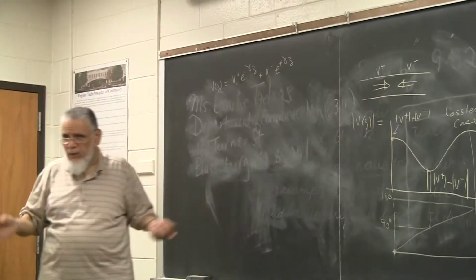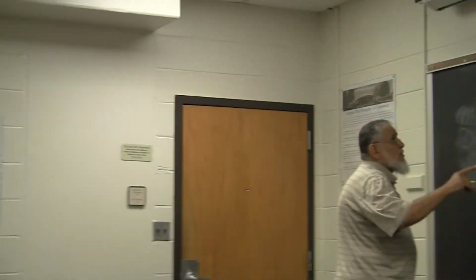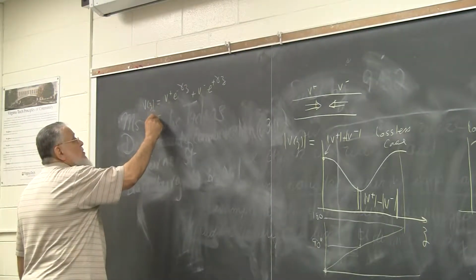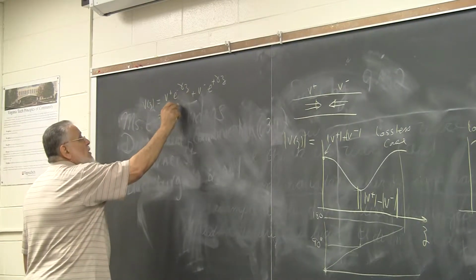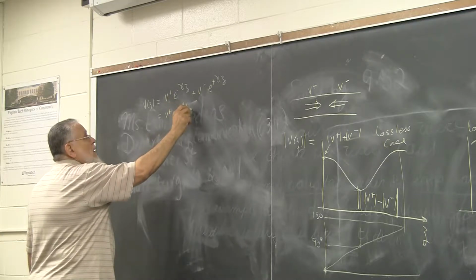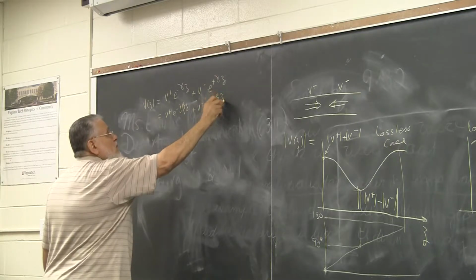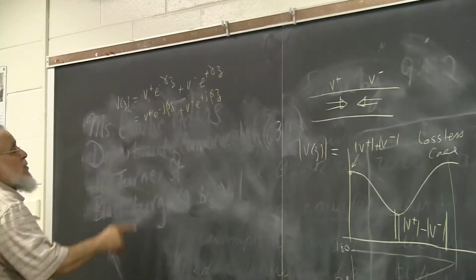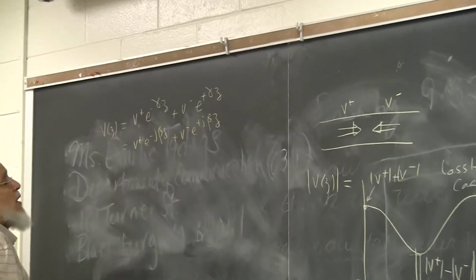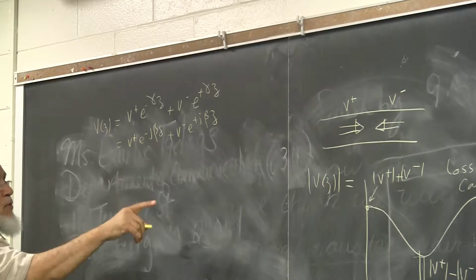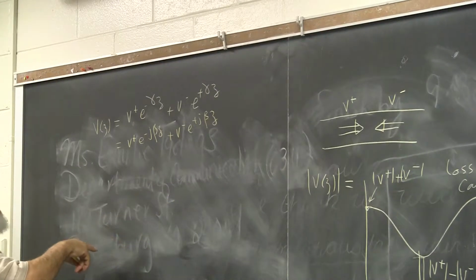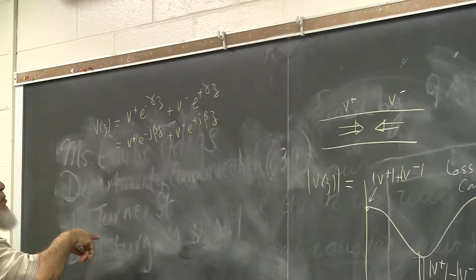Sometimes if you look at the whole picture, it gets so complicated you won't be able to extract physical insight. So we look at the simple case of the lossless line. For the lossless line, it means there is no alpha, so this is actually V plus e to the minus j beta z plus V minus e to the plus j beta z. And as you can see, you can play games with this one here to derive this expression. And one way to do it is to